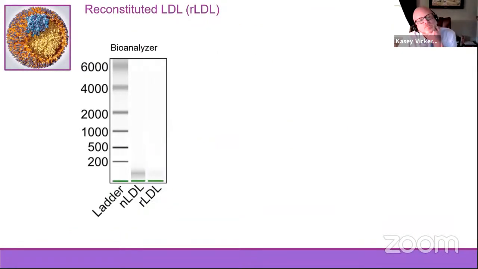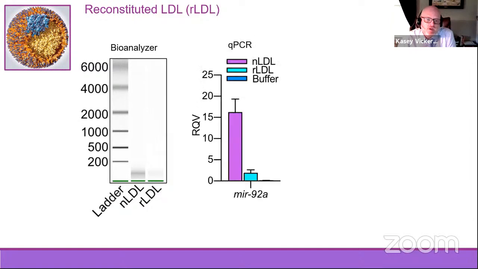Okay, so early on, we realized that we needed to prove that the RNA on LDL is the inflammatory cargo, that we needed to remove the RNA from the LDL and experiment. And so we pulled out an old method from about 25 years ago from the Brown and Goldstein lab, and we started making reconstituted LDL. So a lot of people on the call here have made reconstituted HDL. Reconstituted LDL has its own set of challenges, but during the process of reconstituting LDL,